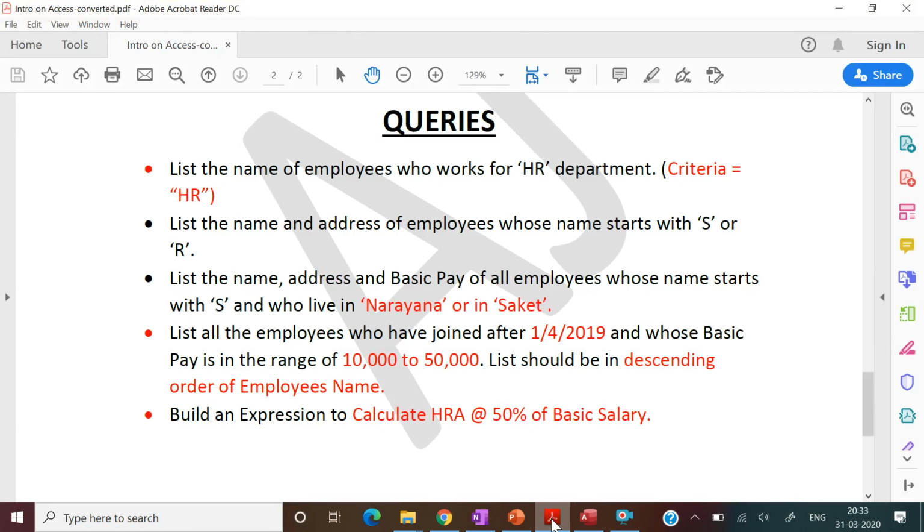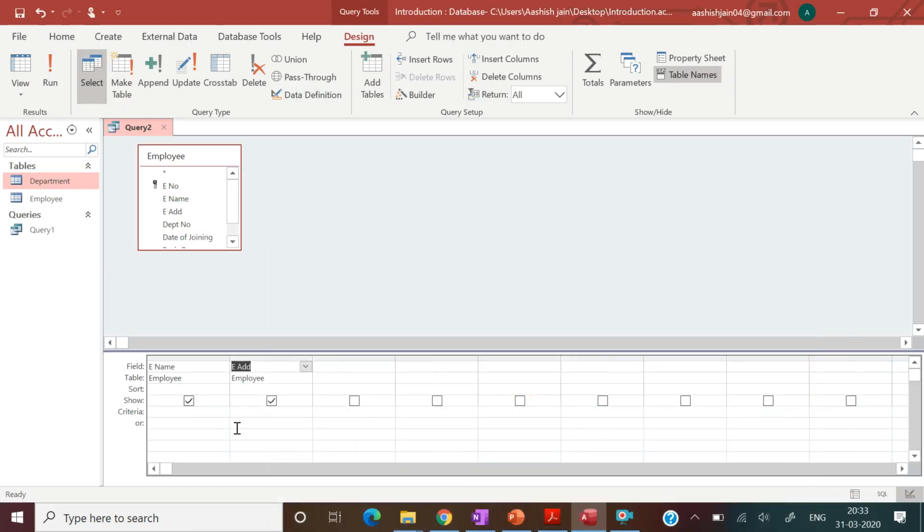Employee name should be one whose name starts with S or R. So in criteria we will put Like, in inverted commas S star close, or R, and press enter. Then click on the Run button.